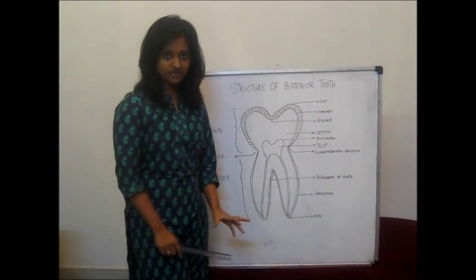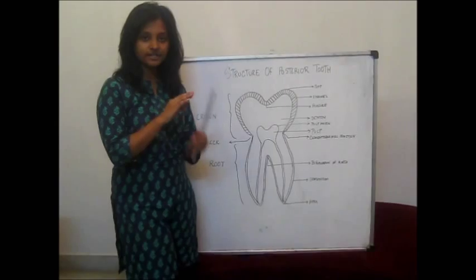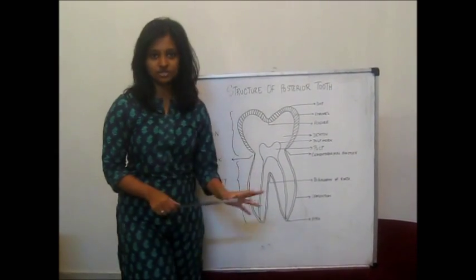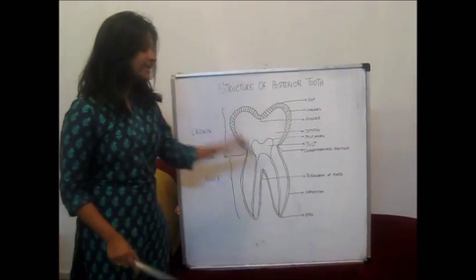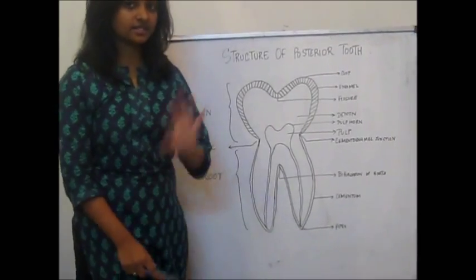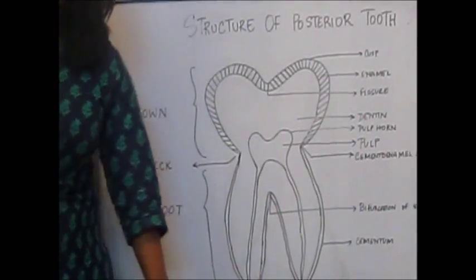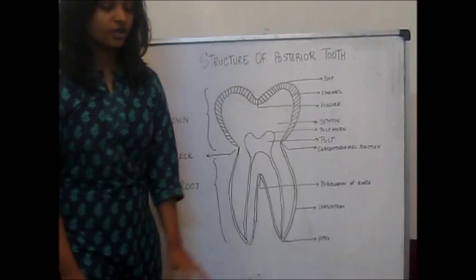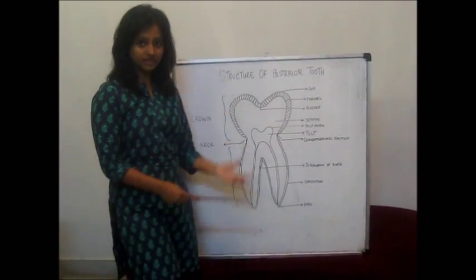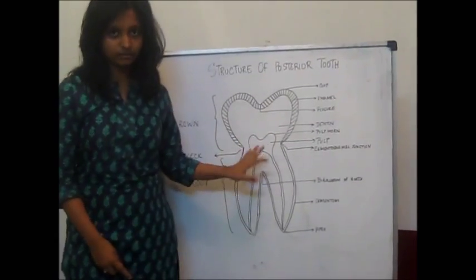It is yellowish in appearance. So that's why when the enamel is thin, the color of the dentine is reflected and the tooth appears to be yellowish in color. And the next layer after the dentine is called the pulp. It is vascularized, as in it is supplied by blood vessels. So it is extremely sensitive. So when the term sensitivity is mentioned, or something about root canal treatment, it is this layer, the pulp,